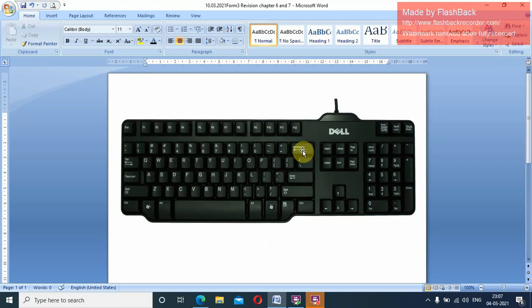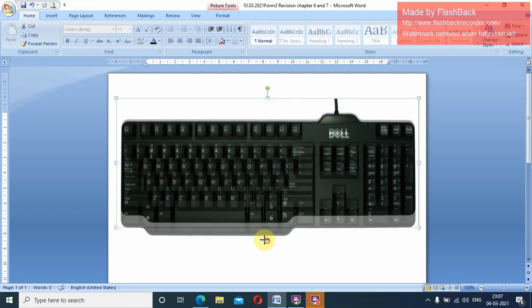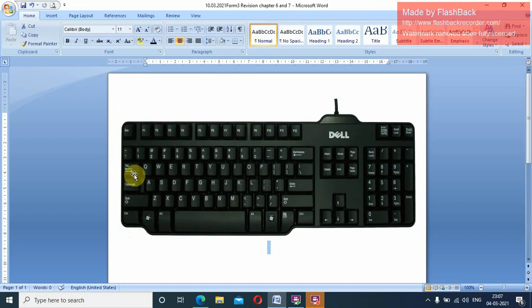Then comes the shift key. You can see the symbol of the shift key. I'll just show you again a little bit bigger. This is the symbol of the shift key. Please see on the tab key also you have a special symbol here. This is the enter key, shift key, right? Tab key, backspace. So we were talking about the shift key.